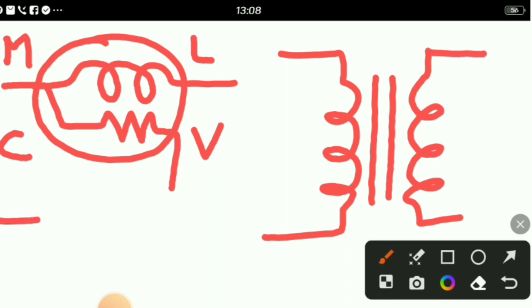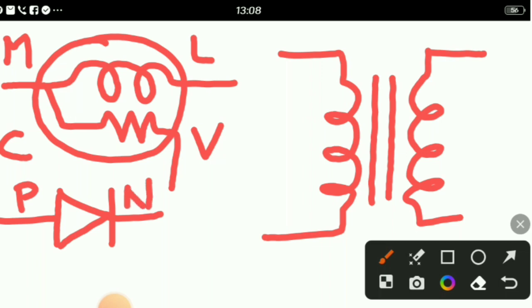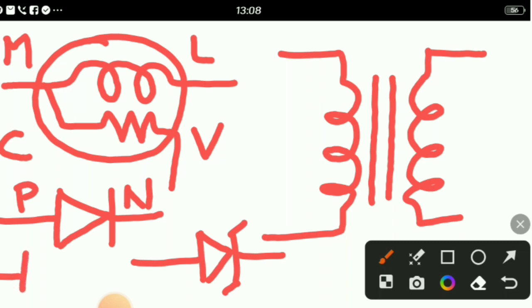Now diode is represented by the symbol. So this is a symbol of diode. Now Zener diode represented by this symbol. So this is the symbol of Zener diode. And photodiode. Photodiode is represented by these arrowheads. So this is the symbol of photodiode.